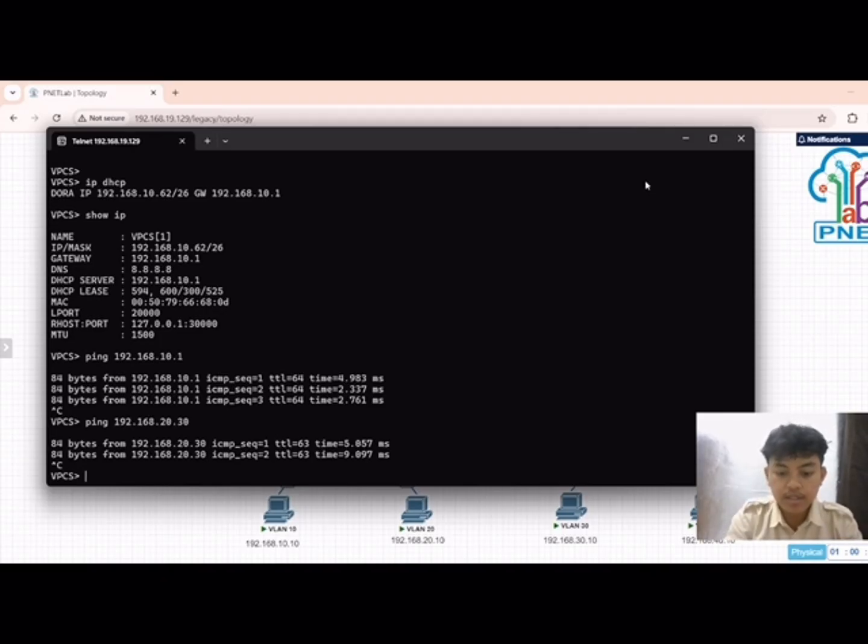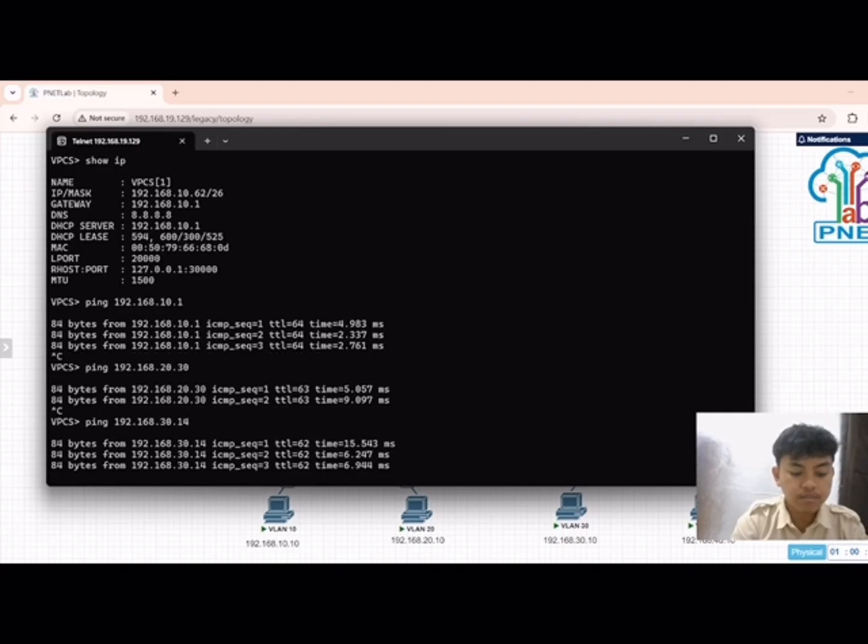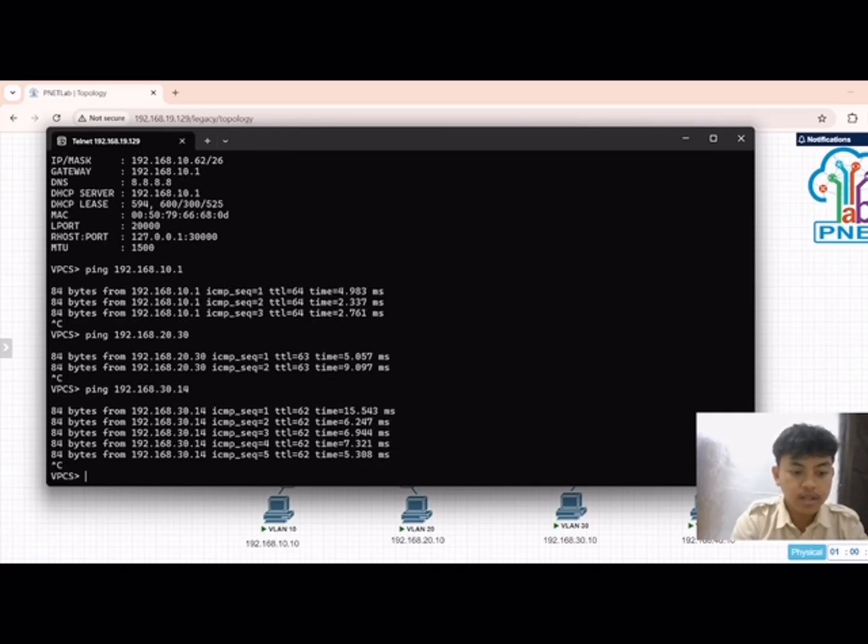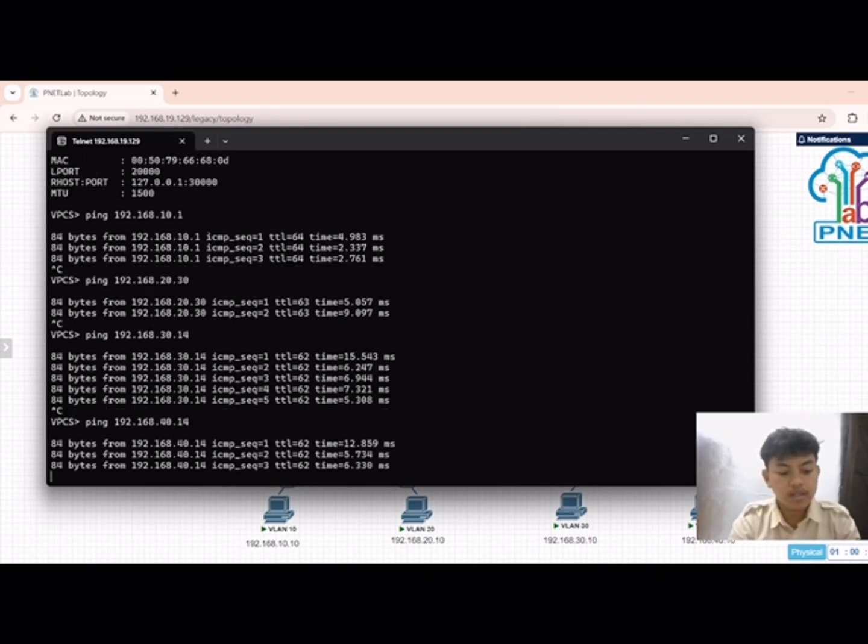And we will ping the other PC. Yes, this PC in VLAN 30 and this PC in VLAN 40, can.